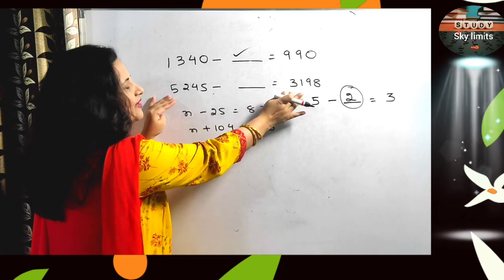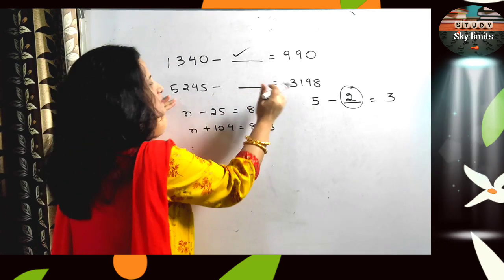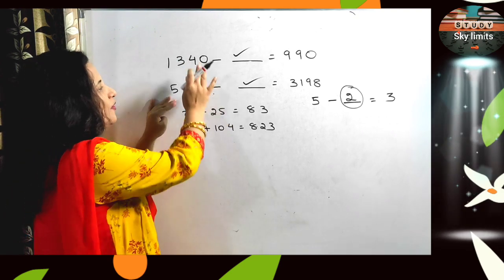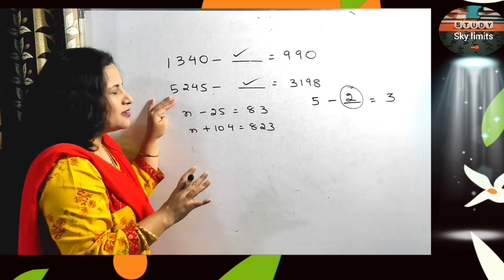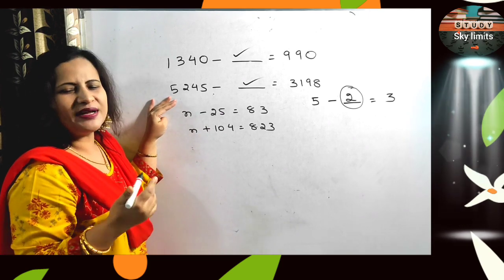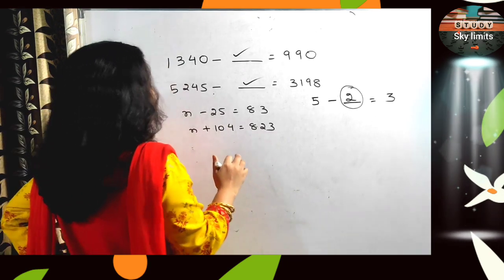This minus what is 3198? So 5245 minus 3198, subtract and get the answer. Right? It's very simple. So when you get a question like this, whether you have to subtract or you have to add, don't get confused. There's another method around here. Okay? By taking x. But then after doing the equations only, you will be able to understand. Okay, now let's come to the next type of question here.